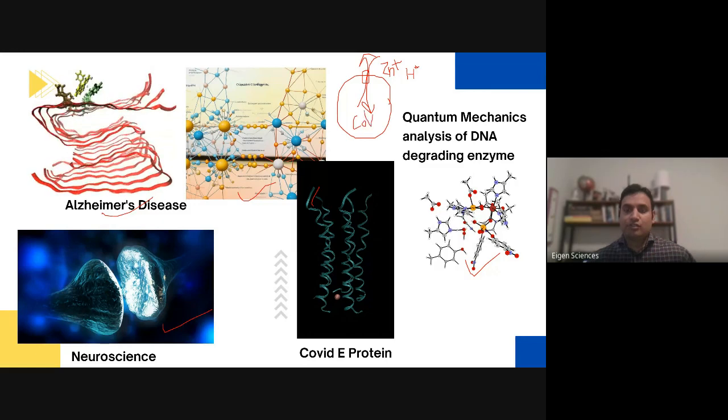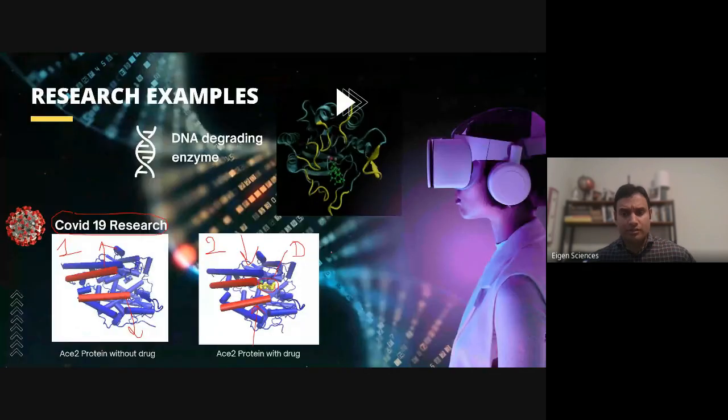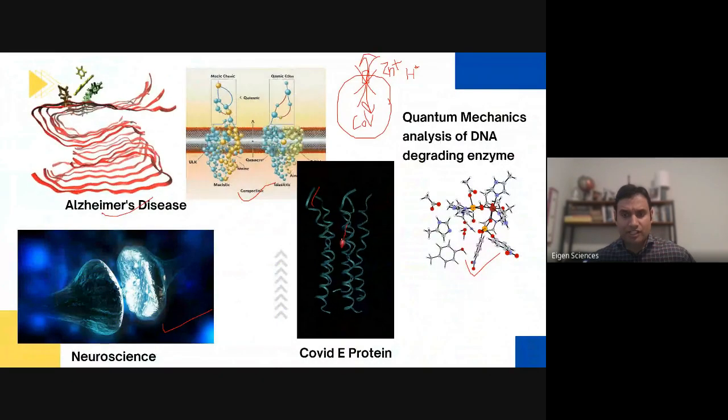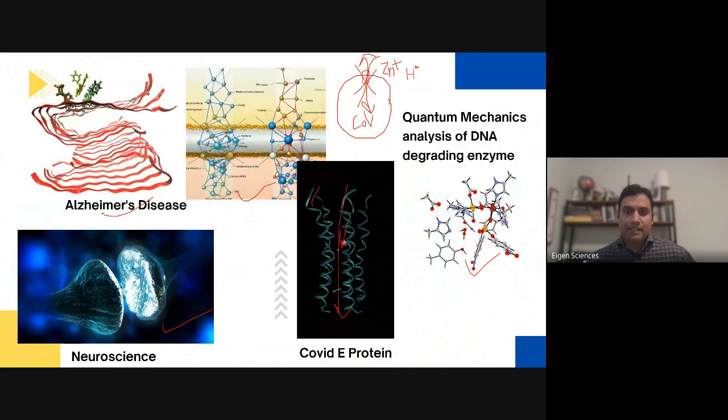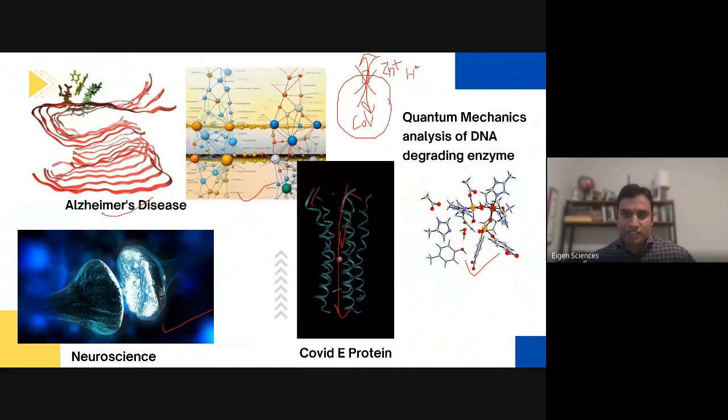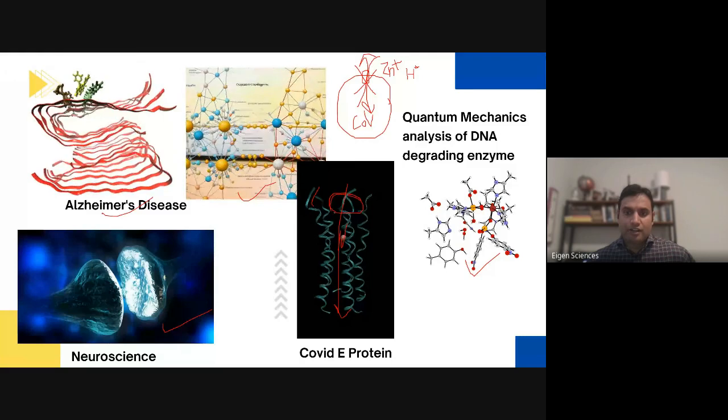Let me write coronavirus. So what if we make something, or somehow inhibit this ion channel? Then the virus will die. That's what we are showing here. So in this video, if I play it, this is the ion channel, this ball shape. Its ion is going inside. And one of our students designed a drug molecule which binds over here so that the ion transport can be inhibited. So the ion is inhibited, so the COVID will also get inhibited.